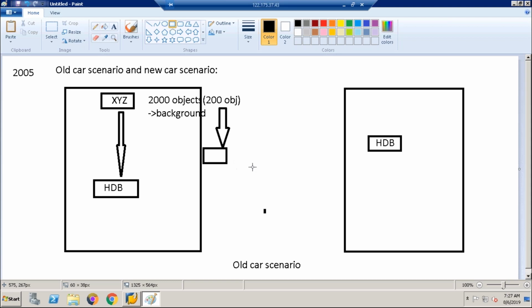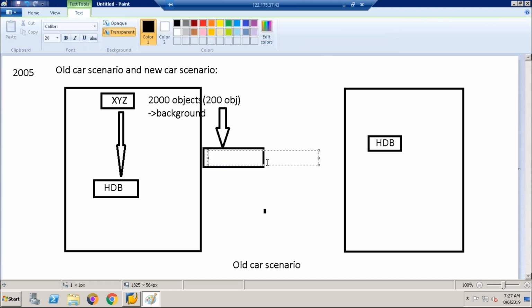So such programs we have to rewrite into AMDP, guys. That is HANA, that is AMDP. We are working in companies. In real time, the reports which are very big in nature and take a lot of time, in greenfield implementation projects or HANA implementation projects, such programs which are kept in background and taking a lot of time, we will rewrite in the AMDP concept. That is a major use of AMDP we are using in companies.